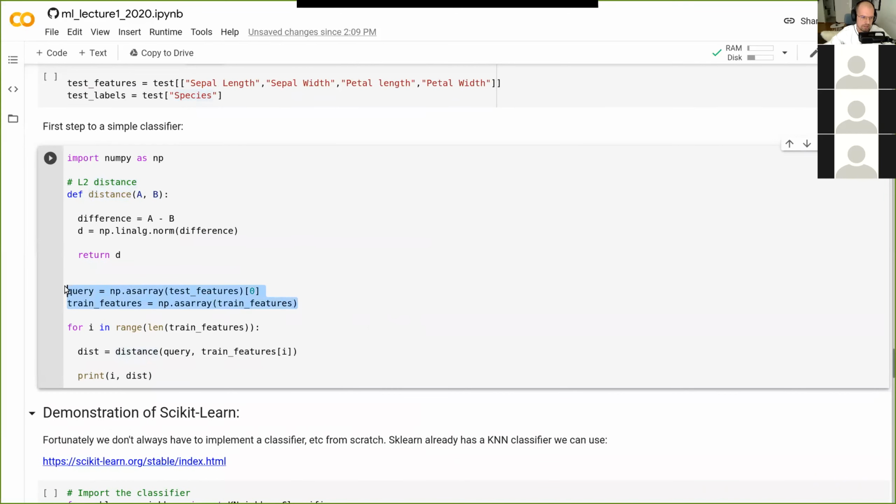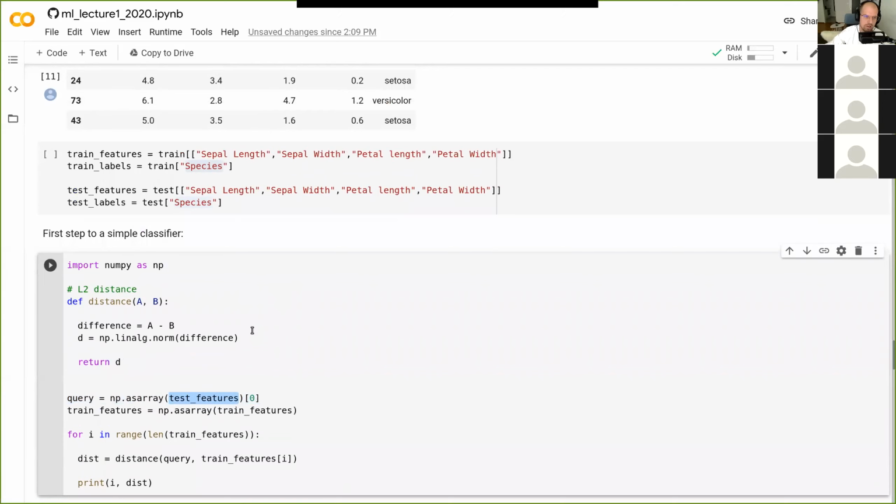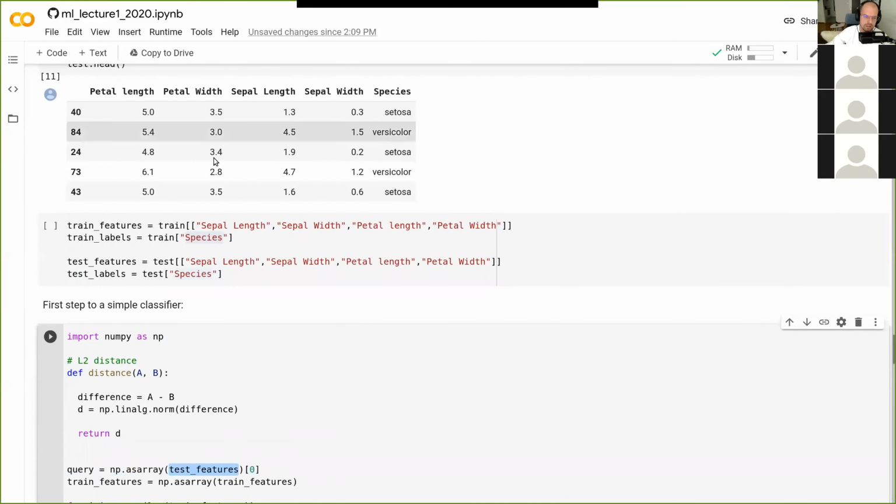So let's start here. What I'm doing is I want to query a particular point, and I'm going to do this all in NumPy. I take the test features, so these numbers here for the test set, and because I'm coding in NumPy, I use NumPy as array to make this into a NumPy array, and I'm taking the 0th row.